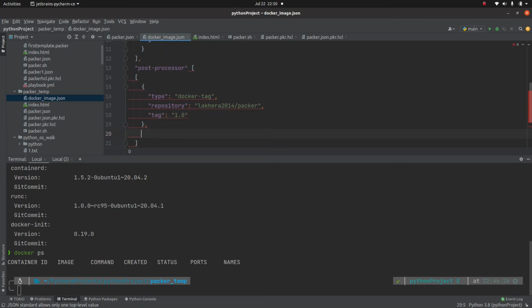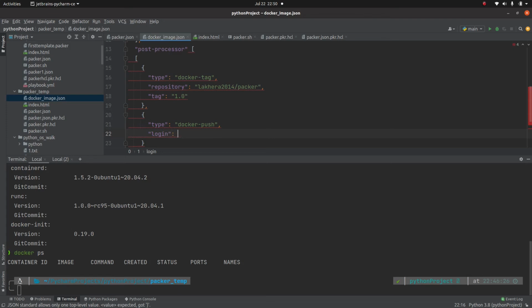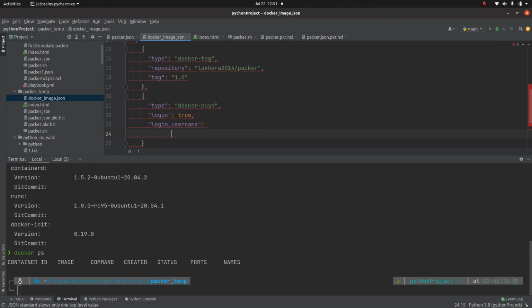Okay, that's it. Now in order to push it, what I need to do? So in the first step, I need to tag the image before pushing it. Now I'm actually going to push it, and I need to use docker-push. Before pushing the image to a Dockerhub, we need to make sure that we logged in. And now I need to give the login_username. I will specify it, and then the next parameter is